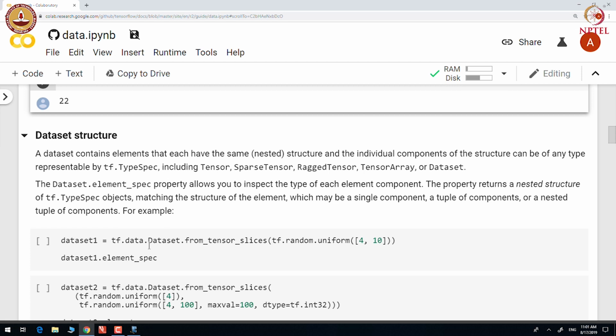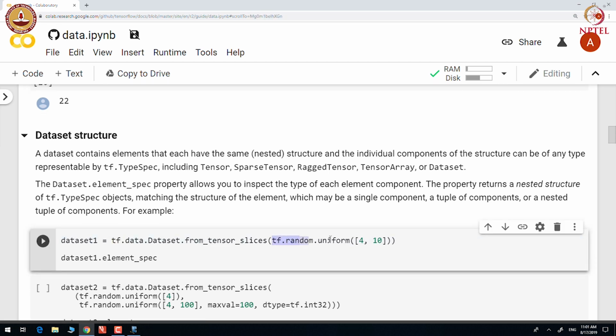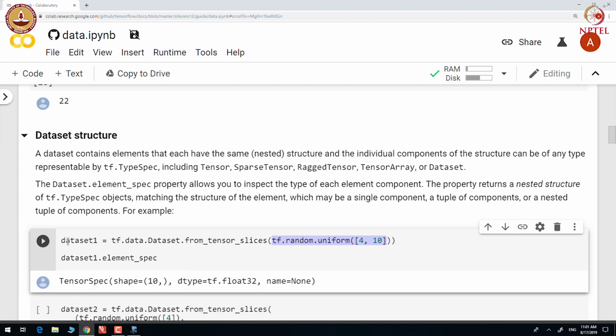Here we construct a data set from tensor slices, where we have created a 4 by 10 tensor with random values from a uniform distribution. Let us run this code cell to understand the element specification.